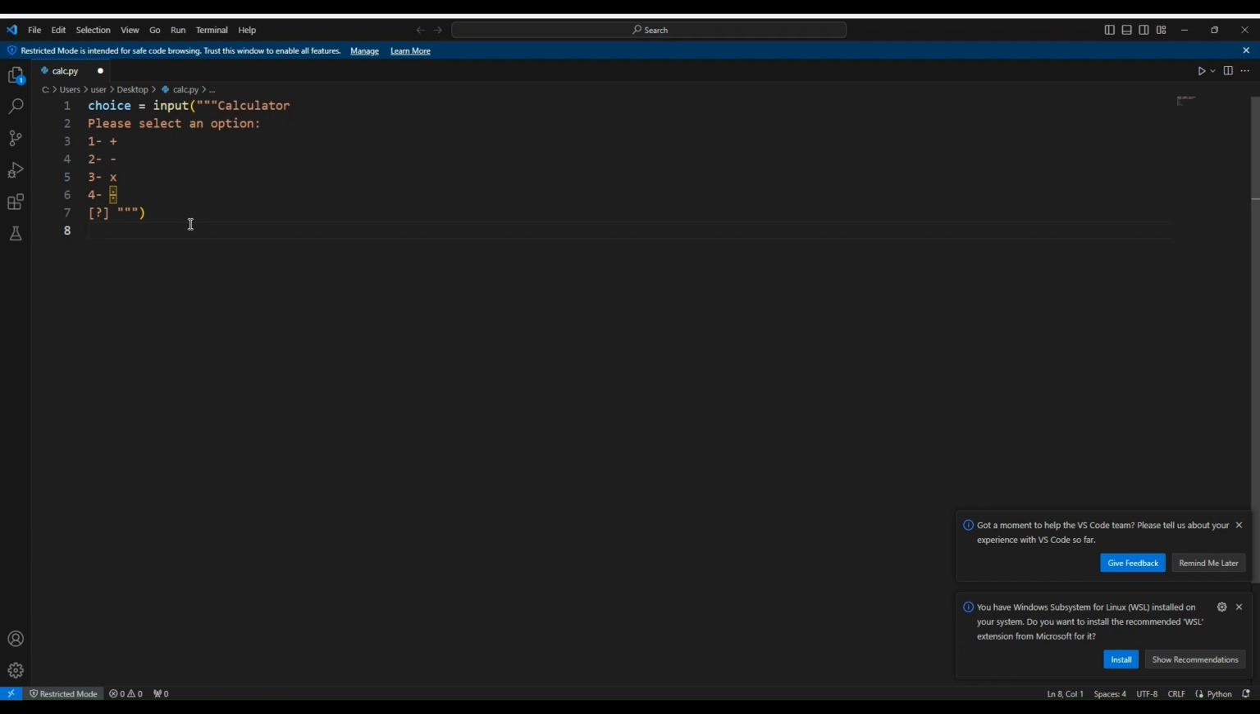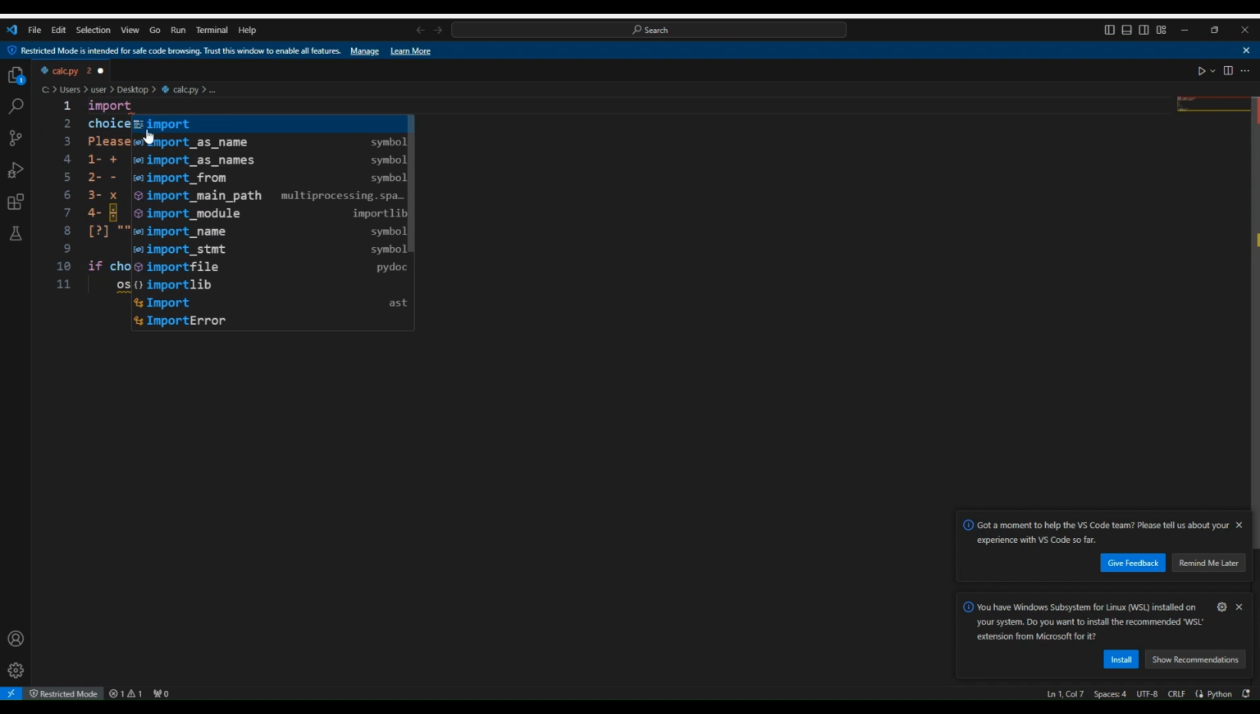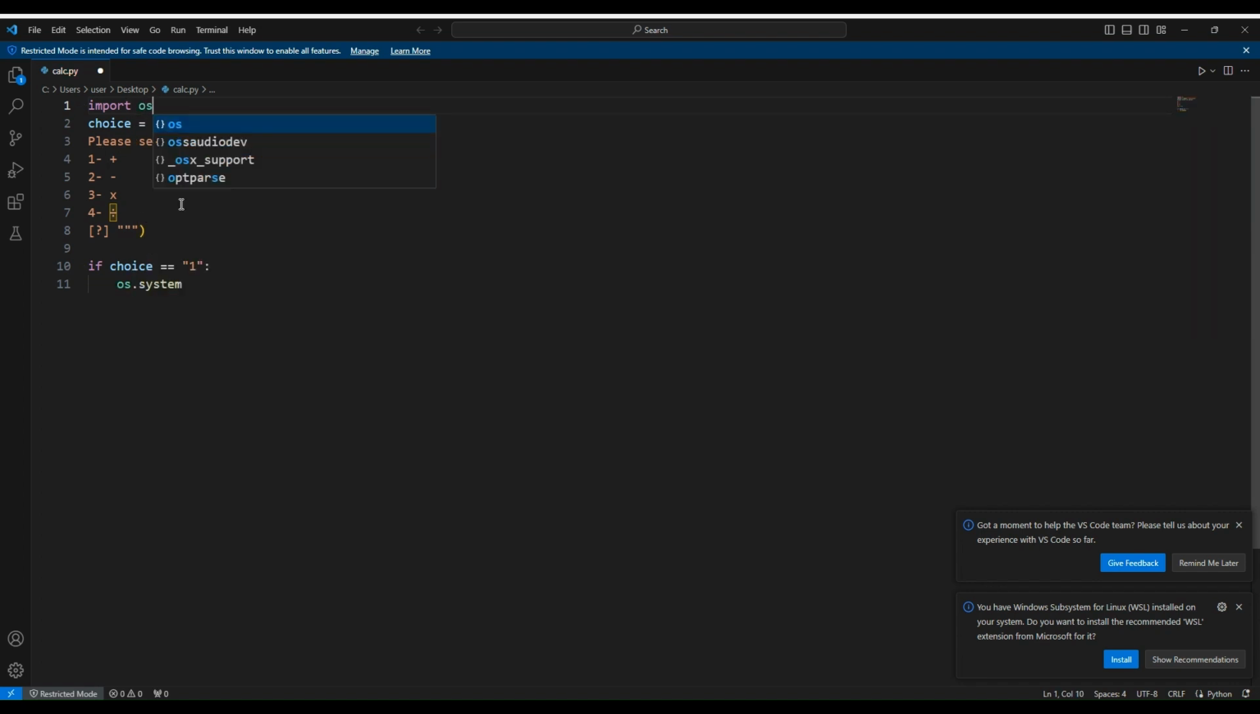Now we're going to do if choice equals 1. You have to put it in a string. Then what we're going to do is say os.system. So here we'll import os. It's not required to put the os.system clear, which is what we're going to do, but it's to make it neater and clearer. So here we're going to do cls,